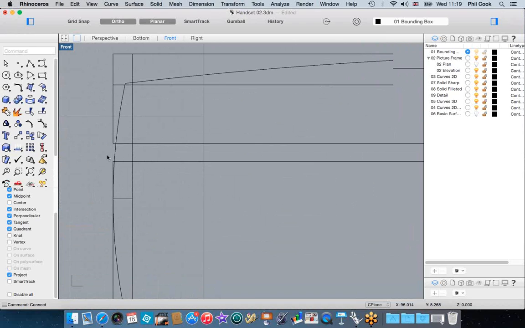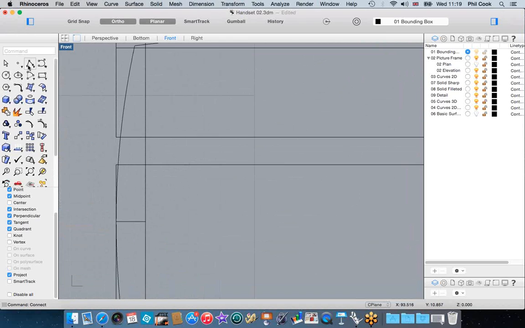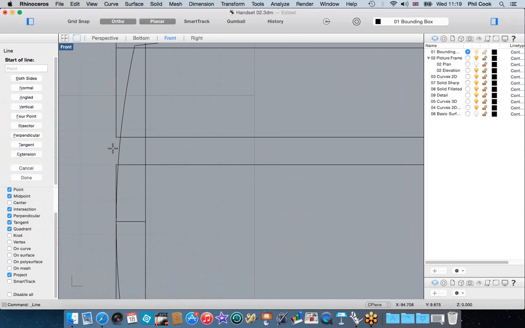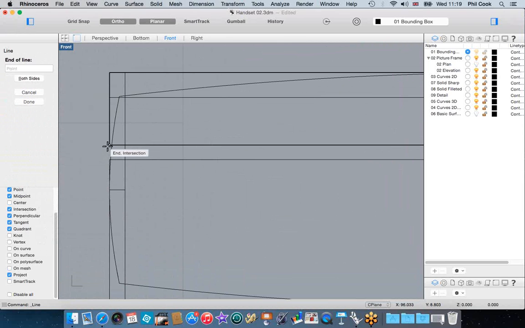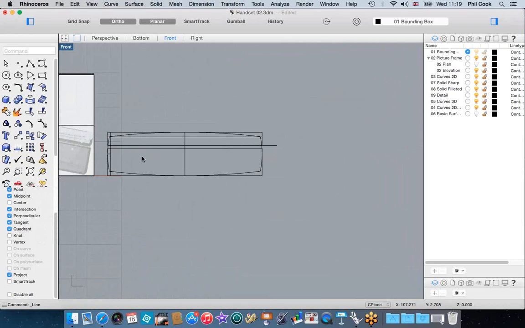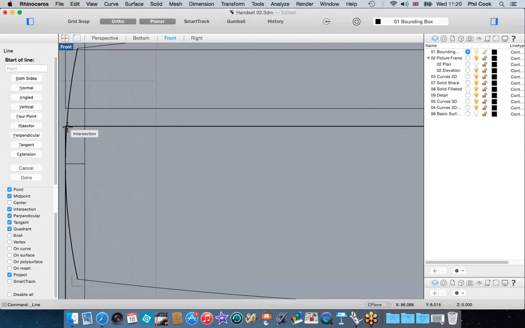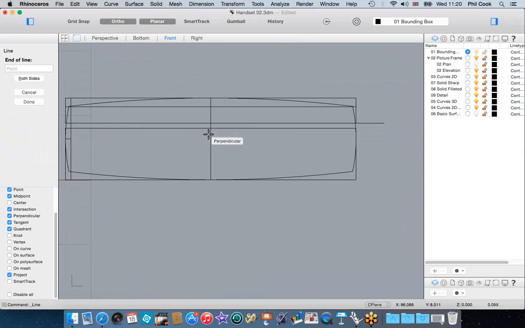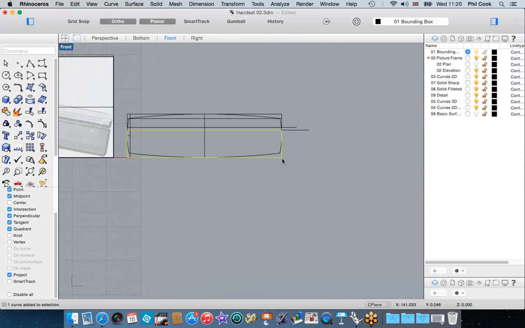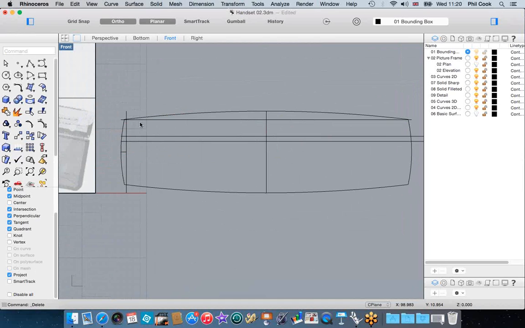So I'm going to actually create a line across here and a line across here, and then just for the sake of clarity I can remove these curves that we used to set up here,